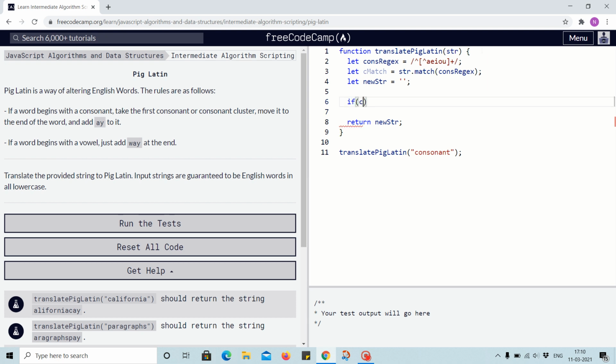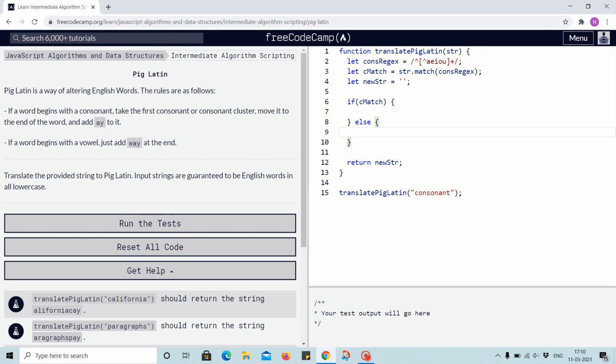If C match is true, in that case, and in the else case, we have two cases. In the else case, it's new str equal to str plus way,